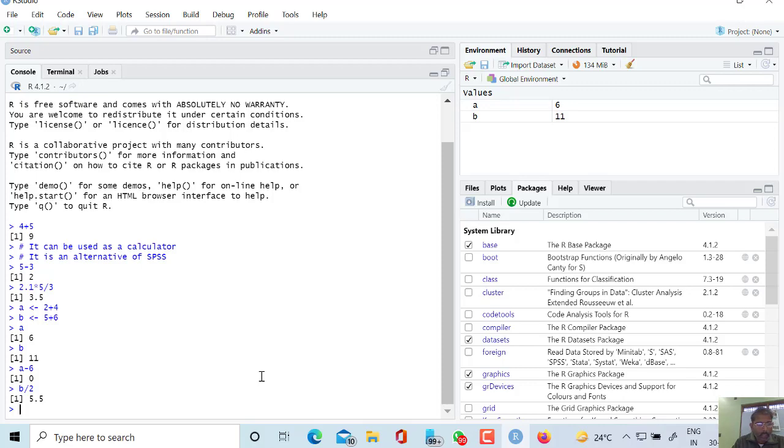We can also calculate the square. For calculating the square, we simply write the cap symbol, 2 cap 2.